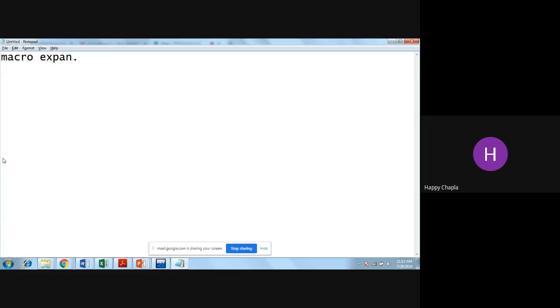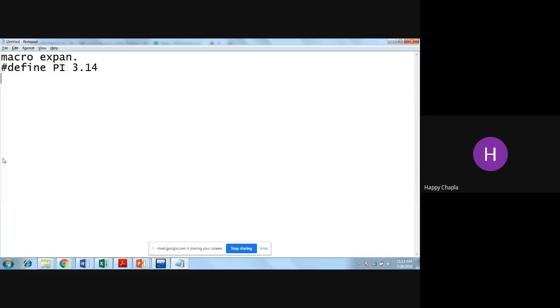We will not go that much deeper, but we can just say that macro expansion is something that happens at the place where I write the macro. For example, #define pi 3.14.